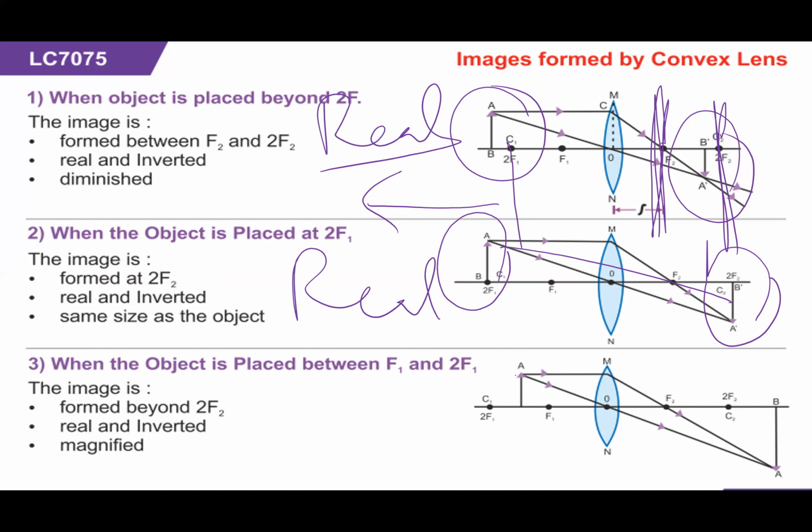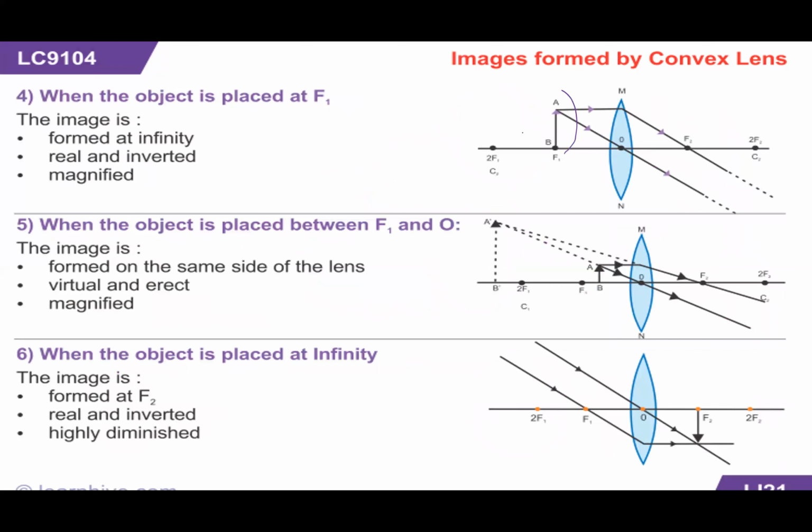If the object is lying between the center of curvature and the focal point, its image will be formed beyond 2F. The image will be larger than the object, and it will be inverted. If the object is at the focus point, the image will be formed at infinity, meaning no image will be obtained.